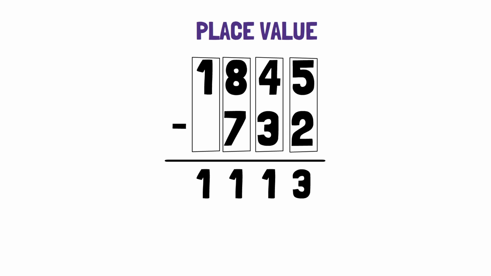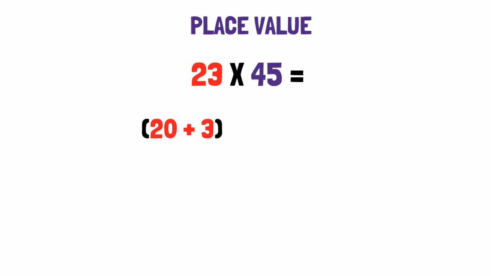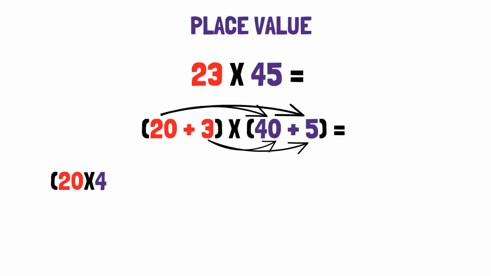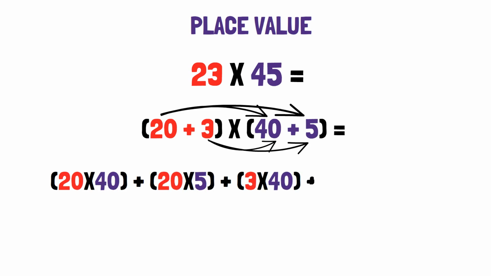Understanding place value also supports learning a variety of computational strategies in multiplication. For example, multiplying 23 by 45 can be broken down using the distributive property, (20 + 3) times (40 + 5). This can be expanded to 20 times 40, 20 times 5, 3 times 40, and 3 times 5, and then summed to get the final result. This strategy not only simplifies the multiplication process, but also highlights the connections between place value and operations, reinforcing students'